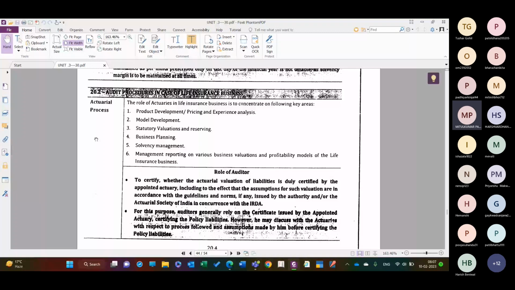Now, suppose, take a simple example: there is a person whose age is 25 years, or maybe 20, maybe 30, maybe 35 years. Everybody can take an insurance policy whenever they want to take it. And suppose that the tenure of the policy is 20 years, or 35 years, 40 years. Nowadays, a number of kinds of policies are available which cover the entire life of a human being, right?